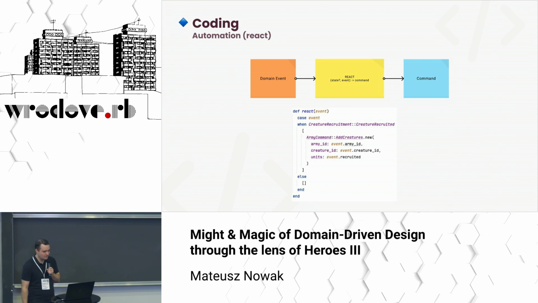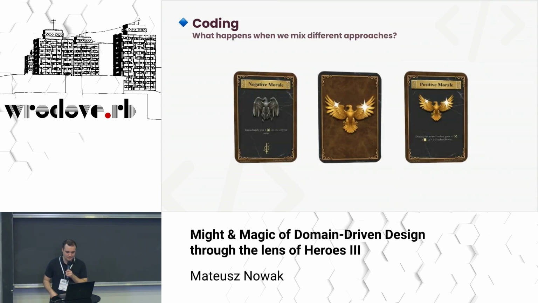And we still have automation left. Here, just the simplest possible implementation of it, because of our limited time, I describe it more on my blog. So in this case, we react with a command on a certain event. And we do a case on event type: when creature recruited, then execute command in the army module, add creatures to the army, as we saw in our video. So it's the glue between modules.